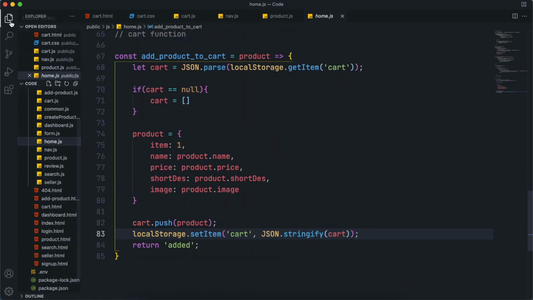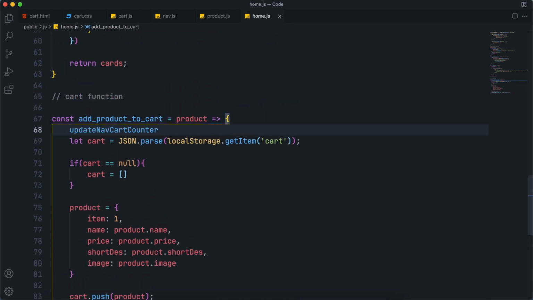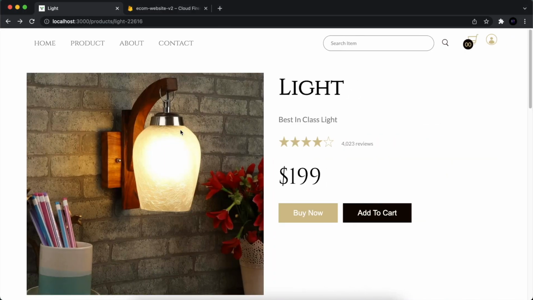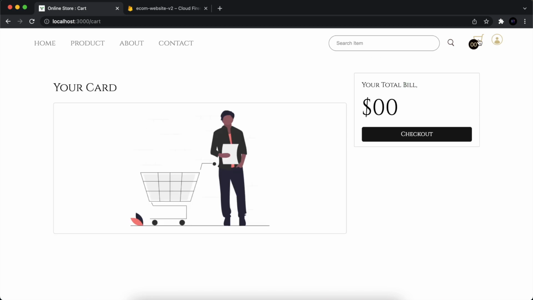And also open the home.js file, and inside addProductCard, call this update function. So all three places you have to add that, and now you can see the one there. And if I click on this and increase the product count, of course we can't see it because it is counting the cart length but not the item counts.